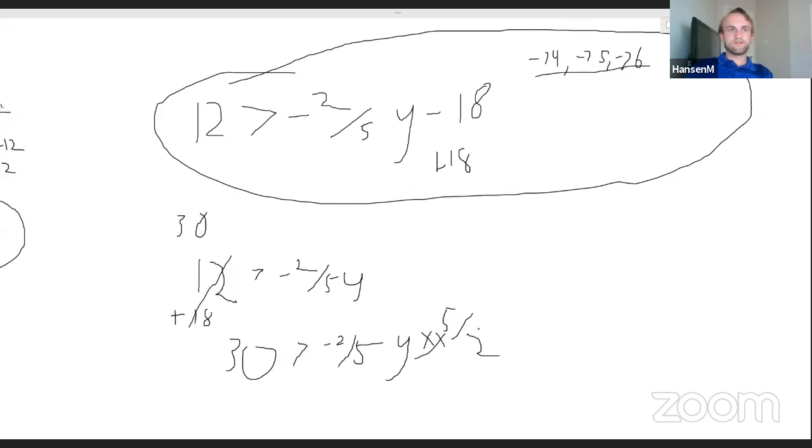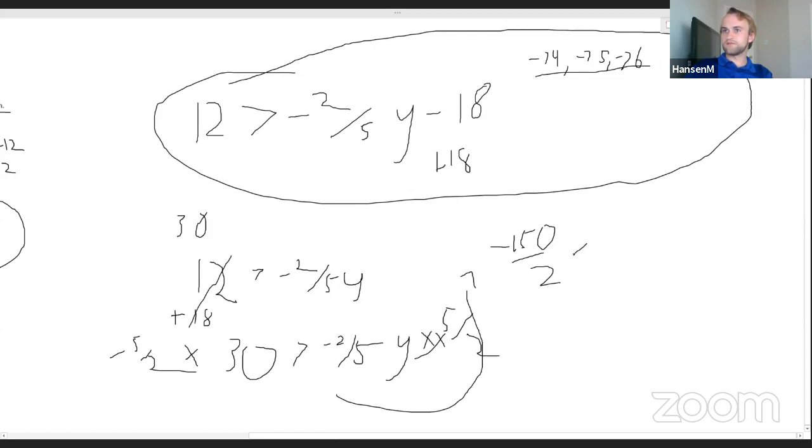Yeah, this is going to be the last example I do, so I'm going to be done pretty quick here. So then we multiply both sides by -5/2, and we flip the sign. So we're going to end up with negative 150 over 2 is less than